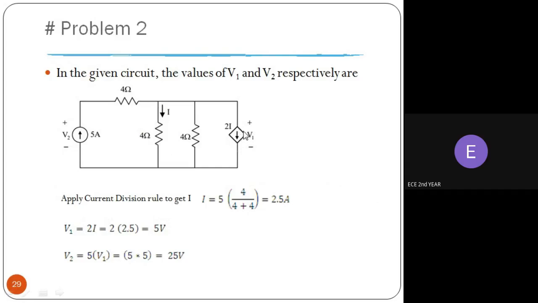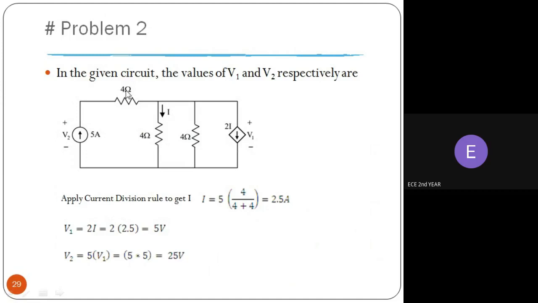and we need to calculate V1. So what is V1? V1 is equal to 2 into I. We have calculated I is equal to 2.5. So substituting the value, 2 into 2.5, we get 5 volts. And V2,